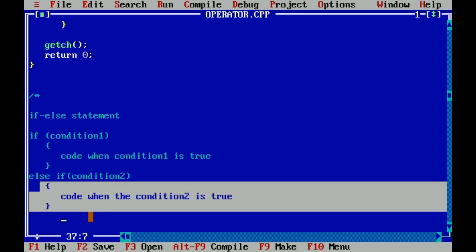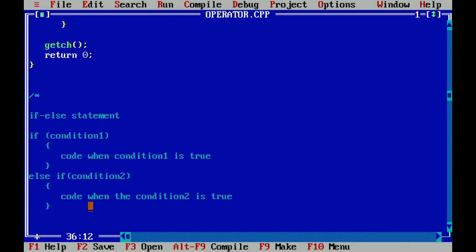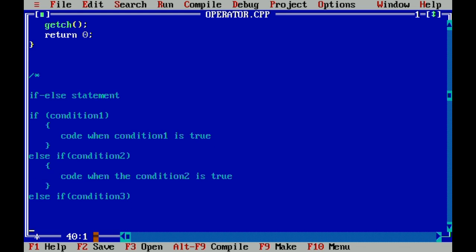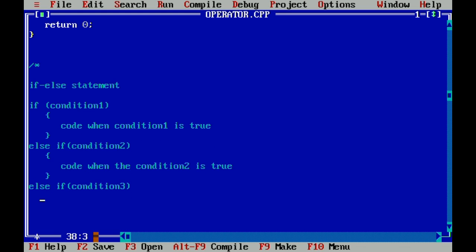Okay, so you can continue with as many conditions as you want. You will still have your else if. Take note that else if has a space in between the words, so that's included in the syntax. So we'll have another condition here, and it will still be followed by another set of codes.